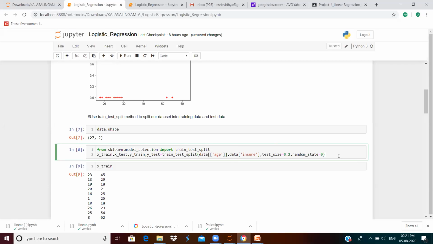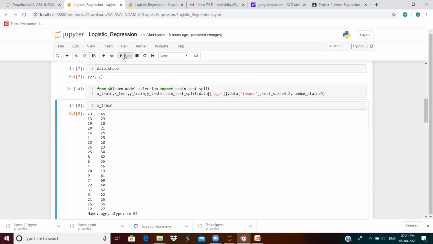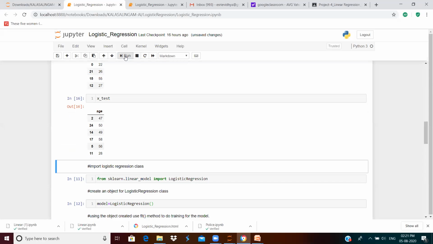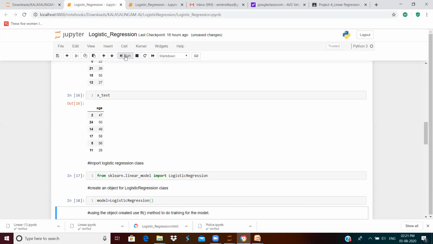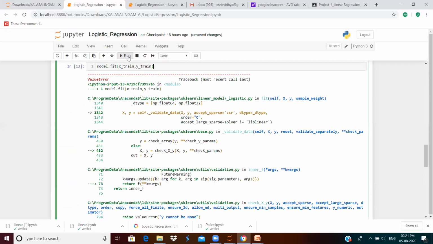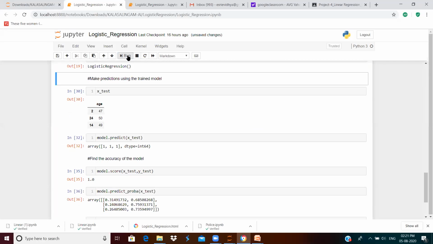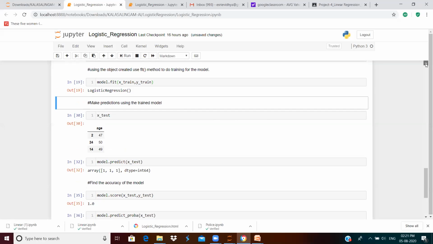So now let us execute this again. Okay, it's executing. There is no problem here. Yes, I think now we have debugged.